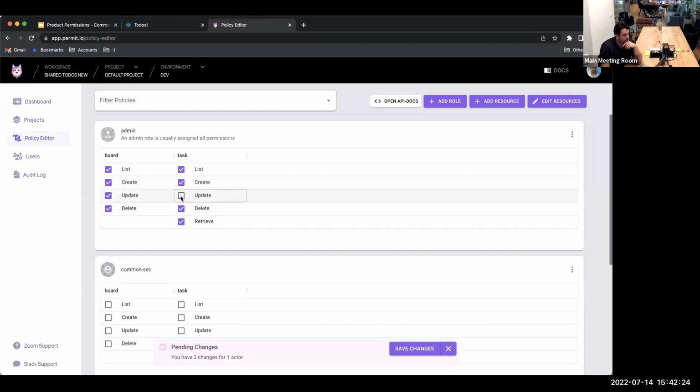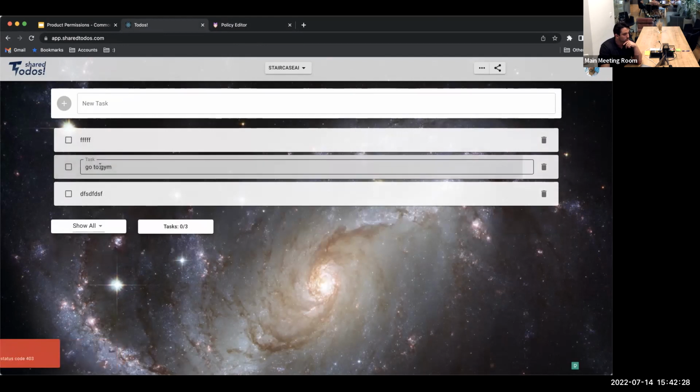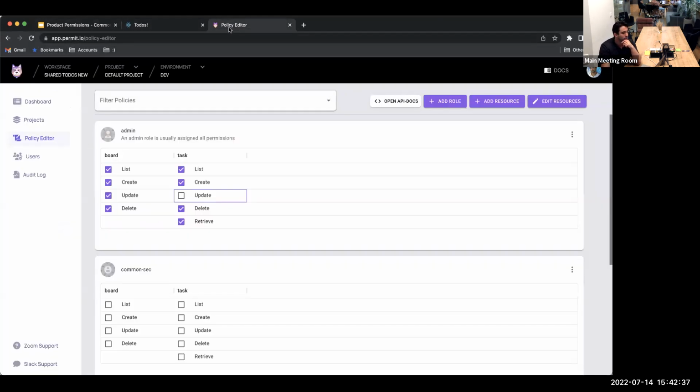And if we check that back and remove updates, we'll be able to delete, but we won't be able to update things anymore. And we get an error from that. Obviously, we can also present something more user-friendly. And the speed of updates that you can see here, by the way, is a very good demo of OPAL because it shows how things are propagating in real time between the different elements